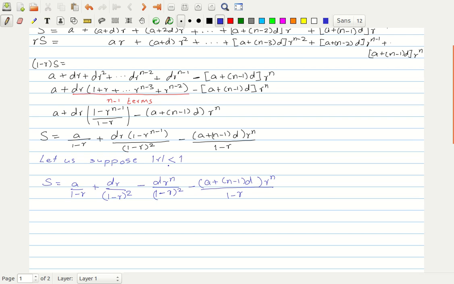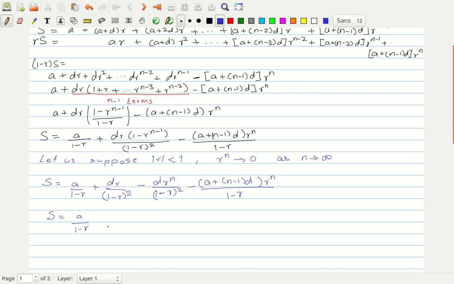Okay. Now, if mod r is less than 1, we know that r to the power n will go towards 0 as n becomes large, right. If n becomes very large, r to the power n will become 0. So, in that case, if the absolute value of r is less than 1, we can find the sum of the infinite series of an arithmetico-geometric progression, and that sum will be simply s is equal to a divided by 1